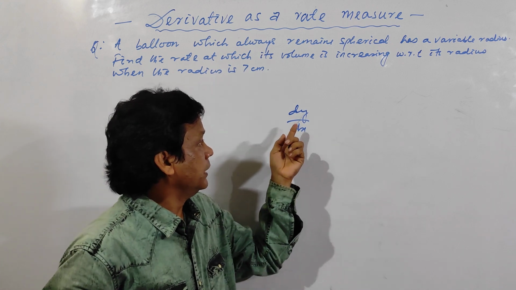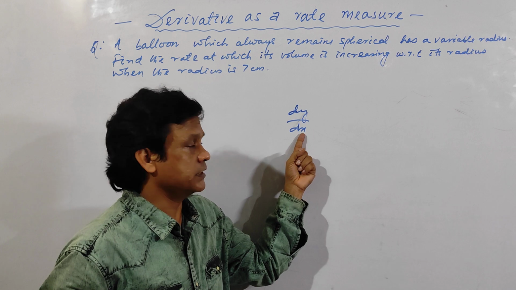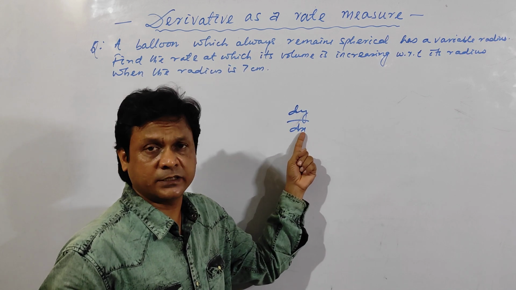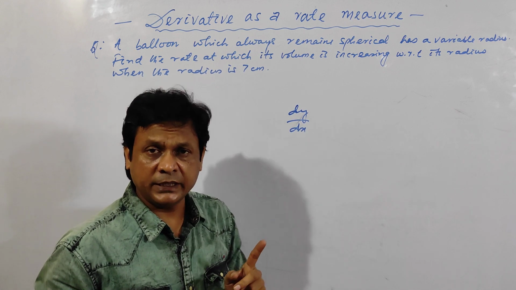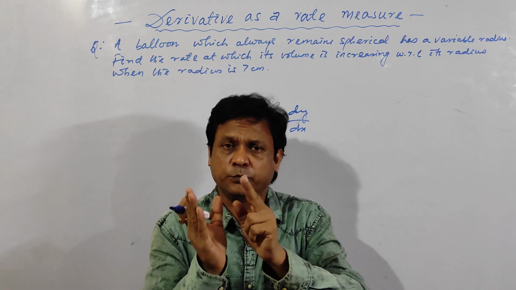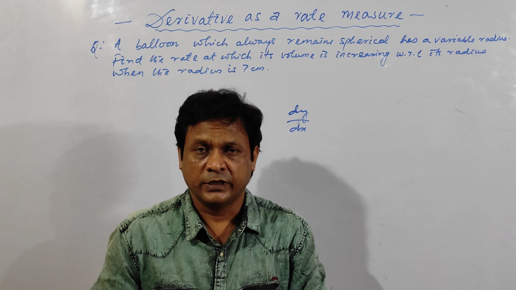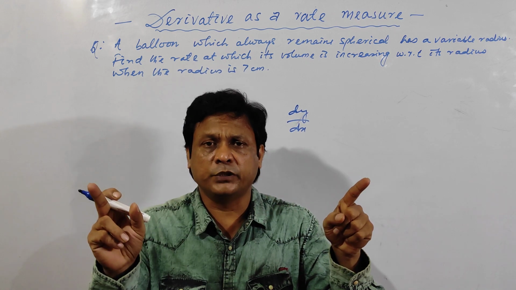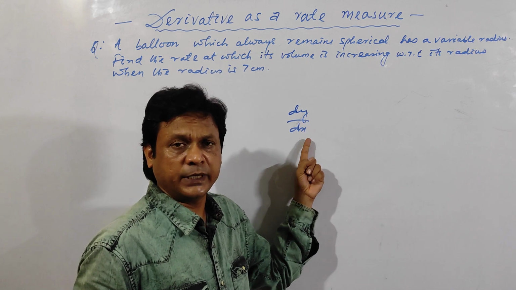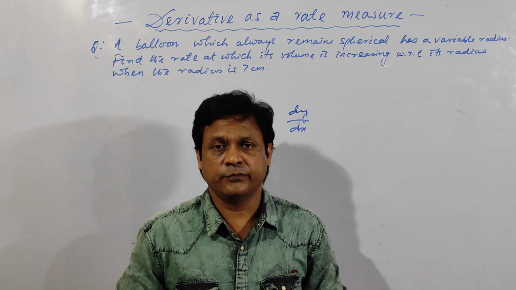See here. If y increases with increase in x, then the answer will be positive. And if y decreases with increase in x, then it will be negative. That means if x and y move in the same direction, both increasing or both decreasing, then the value will be positive. And if they proceed in opposite directions, that means when x increases y decreases, or when x decreases y increases, then the value will become negative.